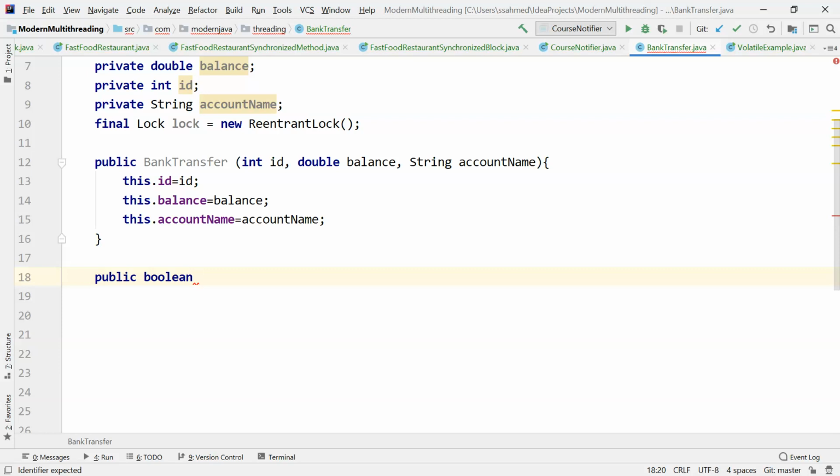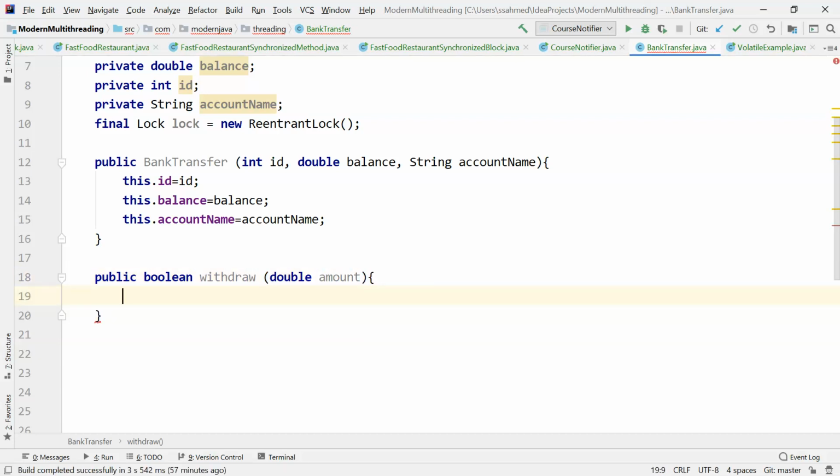If you are unable to get the tryLock, then just go in a loop until you get the lock. With a synchronized method, you don't have to do that, because a synchronized block will definitely wait for the lock to be obtained. So withdraw, and double amount,